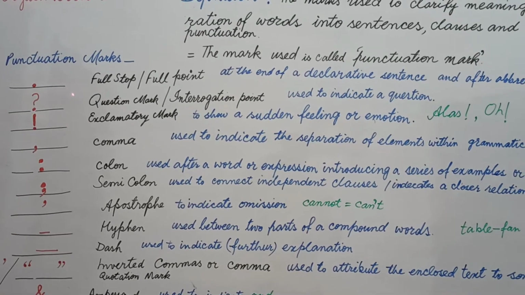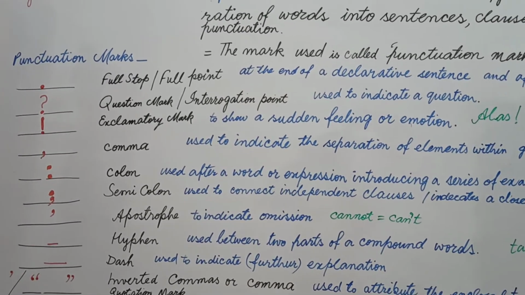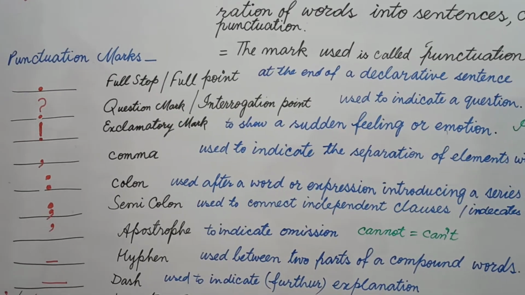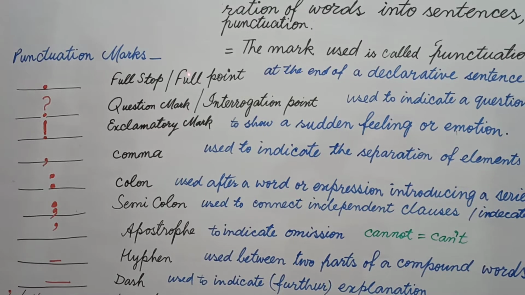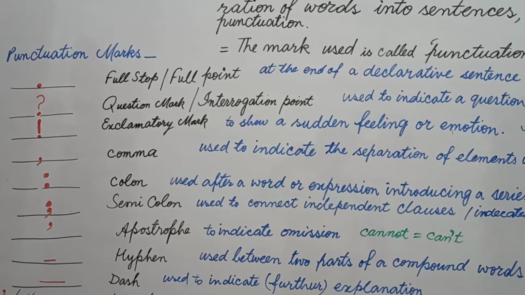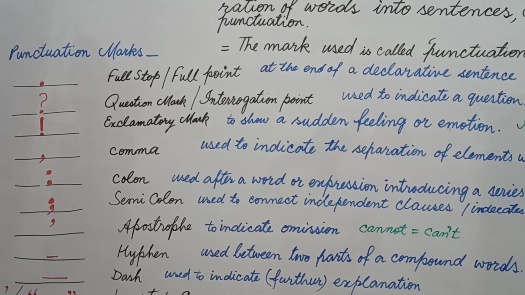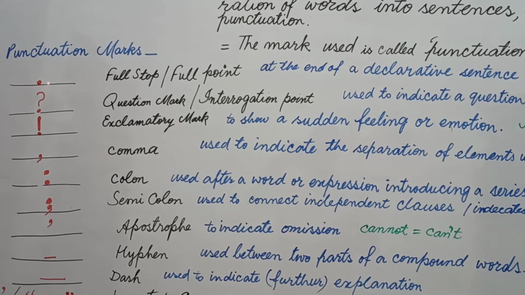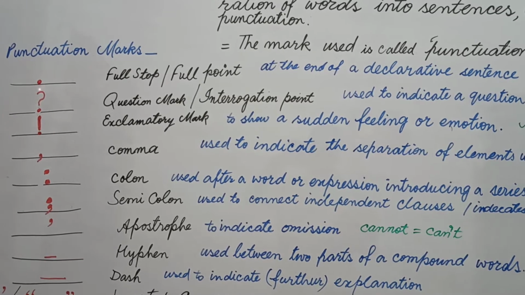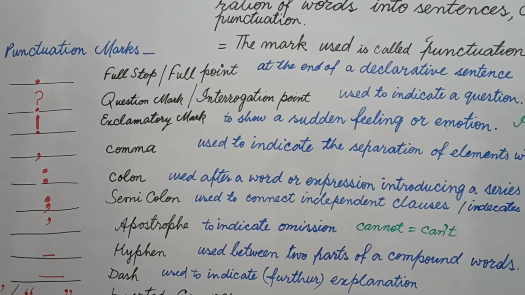Now students, let's begin with this point, full stop. First, I would like to describe the features and specifications of this point that is known as full stop. It is also known as full point. Students, when we mark a full stop, it should touch the given line. Sometimes students are very negligent and put the full stop somewhere above the line, so it doesn't touch the given line. If you don't touch it, it will not be a full stop.